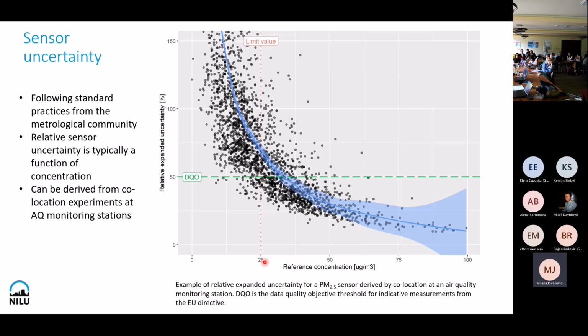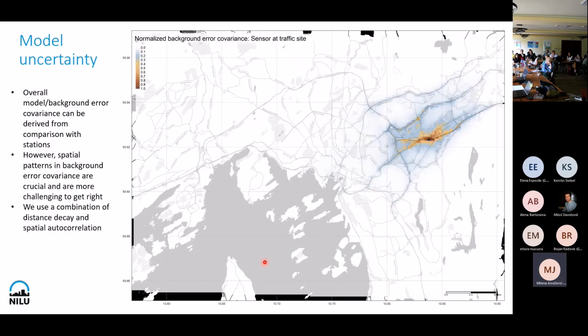This kind of information we can use to determine the uncertainty from the sensors, which needs to go into this data assimilation process. But what is more difficult is to assess the uncertainty of the model. And uncertainty here really is a misnomer, because it's not just the uncertainty that tells you how wrong the model is at a given point in time. What model uncertainty means in the data assimilation field is something like the map that you see here on the right. Unfortunately, it's a bit difficult to see on the screen, but basically what this model uncertainty describes here